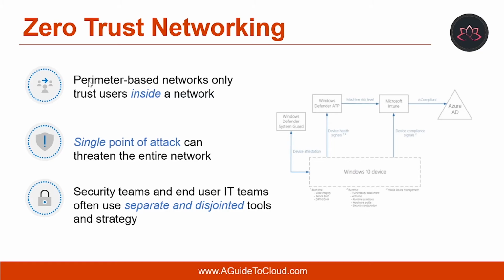Now let's understand Zero Trust networking. Microsoft has a story and strategy around Zero Trust networking. Azure Active Directory conditional access is the foundational building block of how customers can implement a Zero Trust network approach. Conditional access and Azure Active Directory Identity Protection make dynamic access control decisions based on user, device, location, and session risk for every resource request.